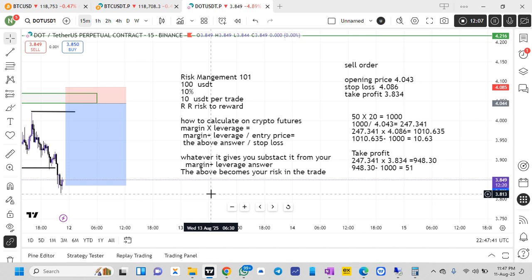Your entire portfolio, you calculate it and know how you want to risk it in a specific trade. If it's 1%, you know that you want to risk $1. If it's 10%, you want to risk 10%. But just know that you must have a proven edge, and plus your proven edge, you have a specific risk to reward that you take, and you don't change the amount you are risking per trade, and make sure you don't risk your entire portfolio in a single trade, even though that trade looks divine,